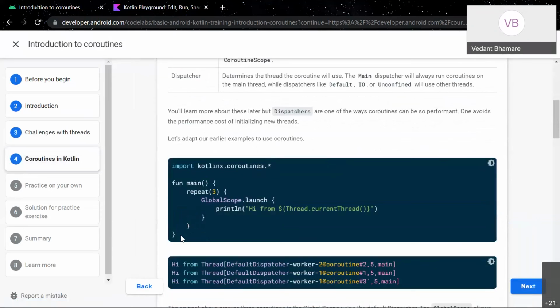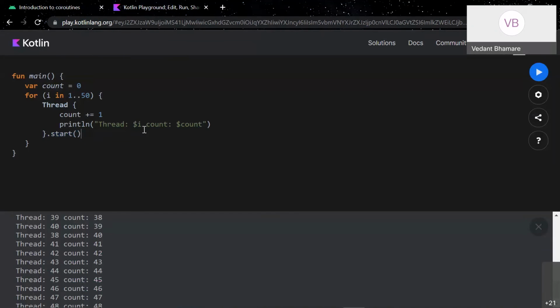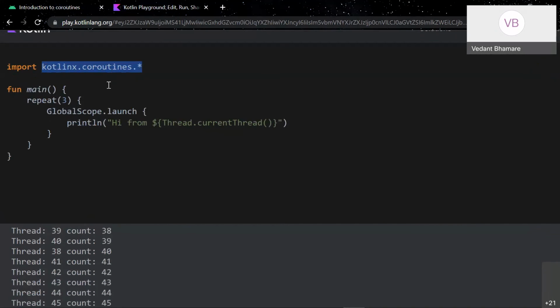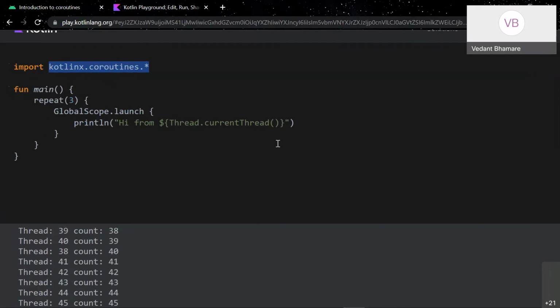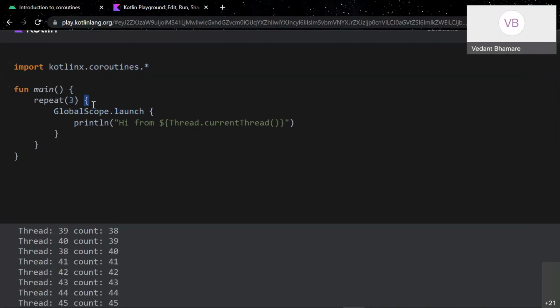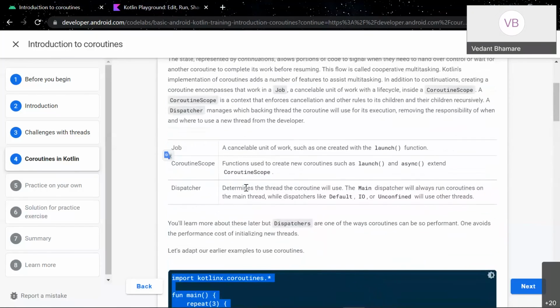Yeah. So now let's see how it is used. For using coroutines, we have to import it from the kotlinx library. And again, this is the repeat function, 3 times. We are calling this 3 times, and we are calling it on GlobalScope.launch. Whatever you want to call under coroutines, you have to specify a scope for it. This scope is basically called a coroutine scope, and then there are a number of keywords to define this scope.